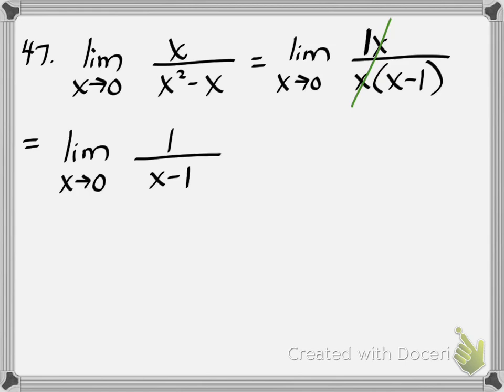And then we can try direct substitution. Negative 1 in the bottom. 1 over negative 1 is negative 1. The other way you might have done it is you might have said, I'm going to take an x away from everybody. That leaves a 1, an x, and a 1. So you could jump straight from there to here. That's what we did with those delta x's in class today. All right, next,